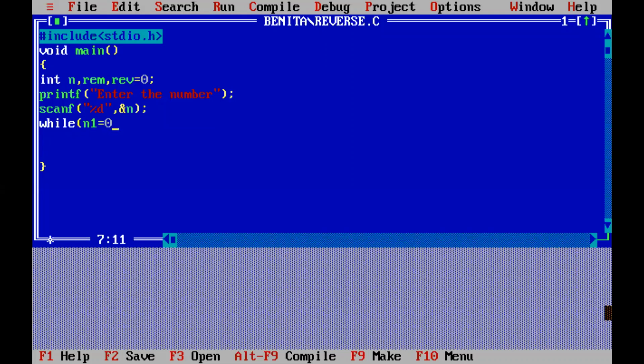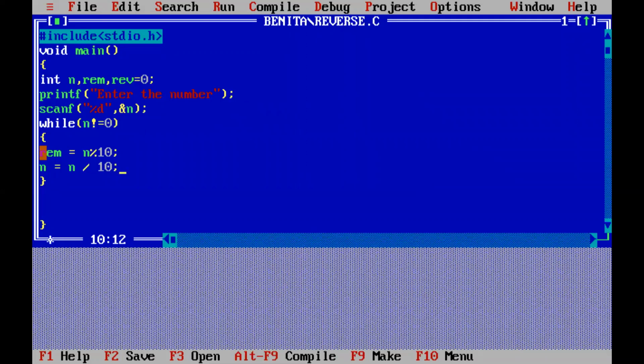While n is not equal to 0, these statements should be executed. What are the statements? We are finding remainder equal to n mod 10. Then n equal to n divided by 10, we are updating the n value.